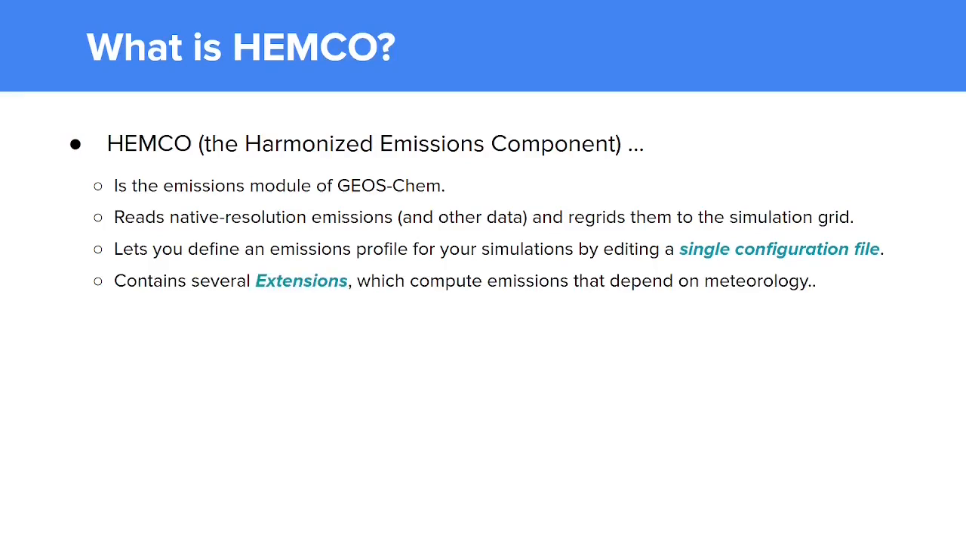HEMCO also contains several extensions which compute emissions that depend on meteorology. In many cases, your emissions are as simple as just reading a file from disk, but if your emissions depend on meteorology like temperature, pressure, that comes from the parent model, which is in this case GEOS-Chem Classic, then HEMCO has some code to read the meteorology and to compute the emissions based on that meteorology,